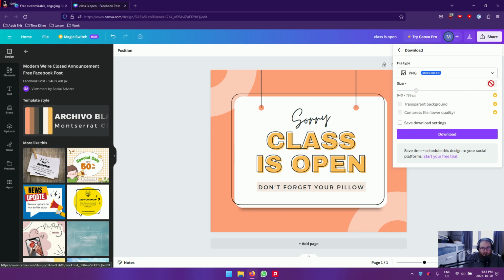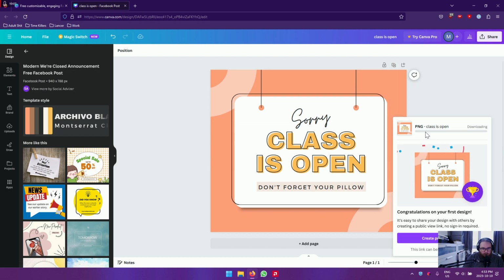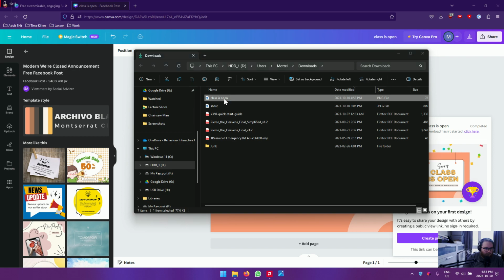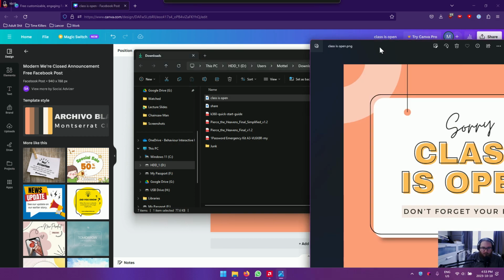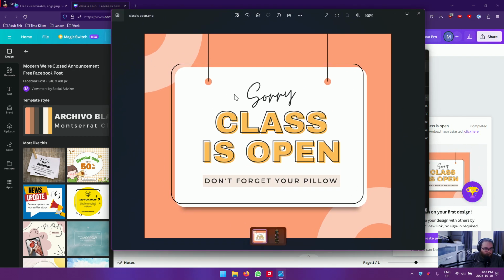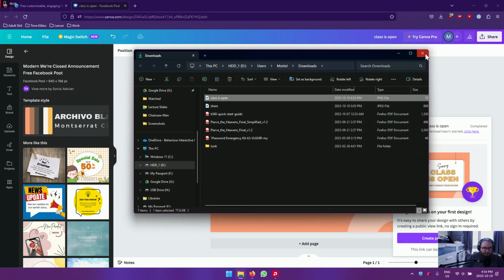I can just leave the size as is. I can't really do anything fancy with it. I'm just going to download the image. It's downloading, and now if I click over here, I open it, this is the image on my computer at home, and I can just share that with whomever I want and upload that to Facebook or anywhere else. Now,